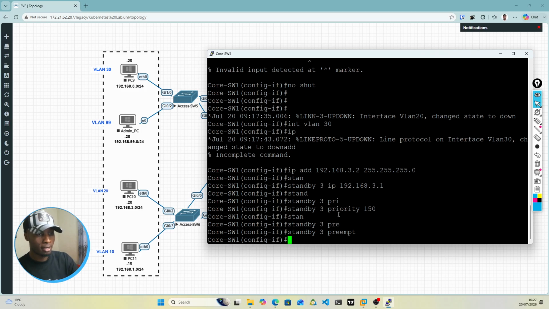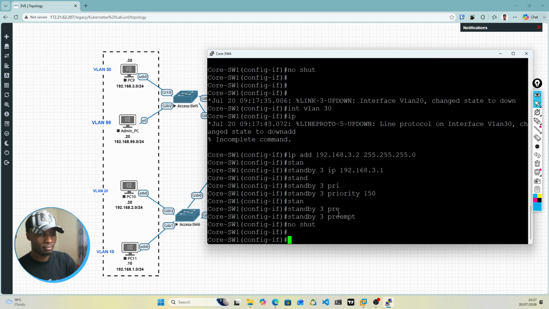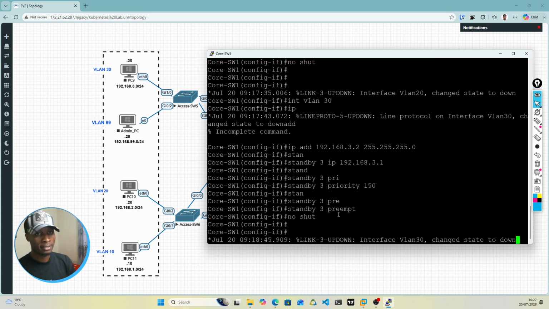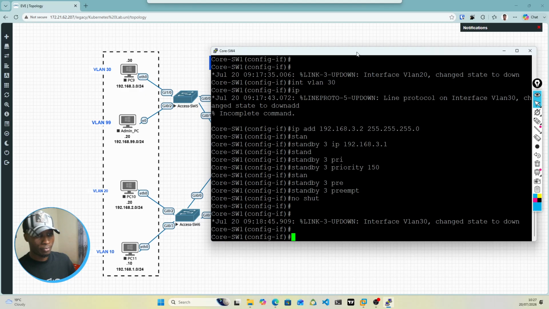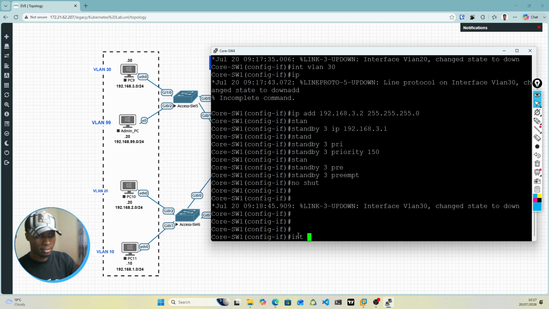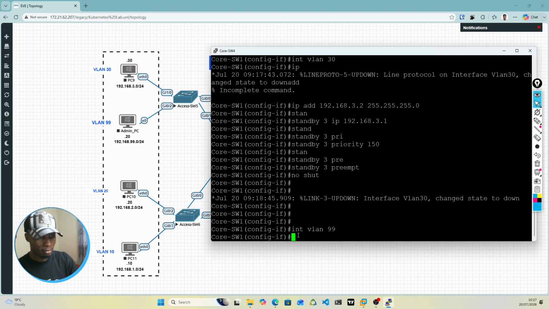Hit enter there, I'll take no shutdown. So that's that, and the last one is going to be for VLAN 99. For VLAN 99, I'm going to go to int VLAN 99, and once we do that, we're just going to hit